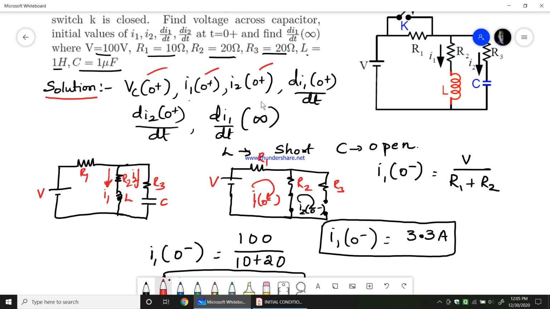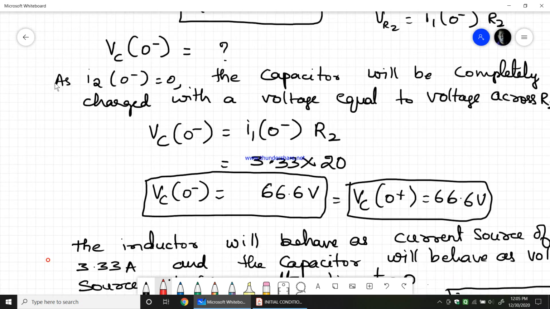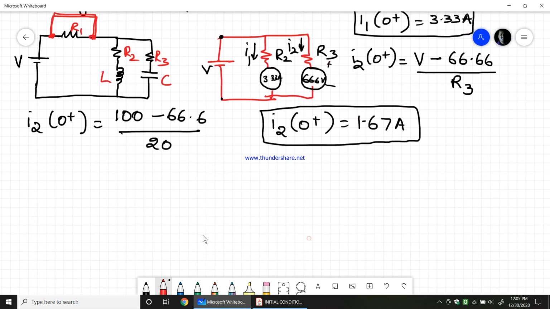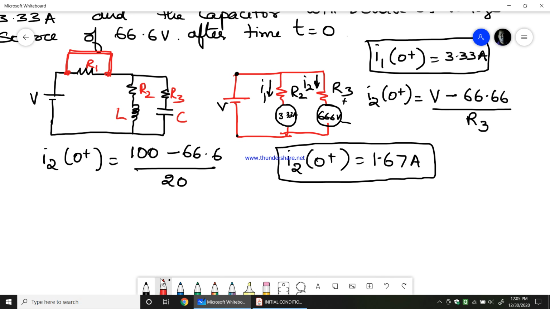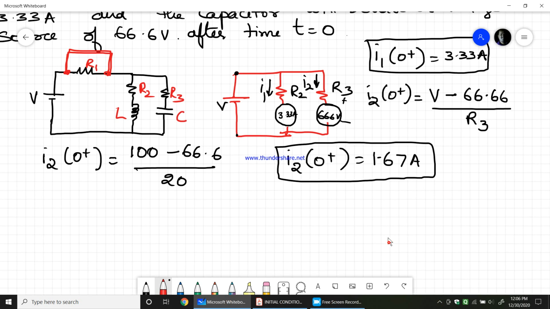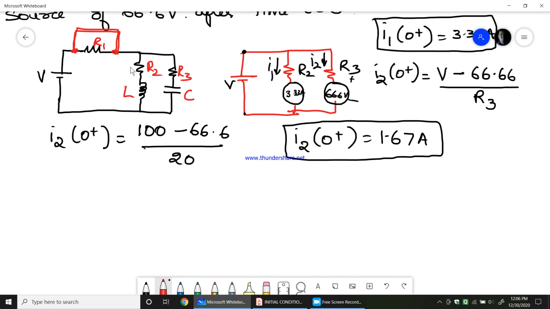Now we need to find out the first derivative and second derivative of the current, and then we should see what is the di by dt of current I1, the time derivative of the current I1 at t equals infinity. So let us see how to find out the first derivative and second derivative of the current I1 and I2. So if I write the equations for that, if I remove this R1, I can easily write this circuit as this. This is the circuit where this is I1 and this is I2.